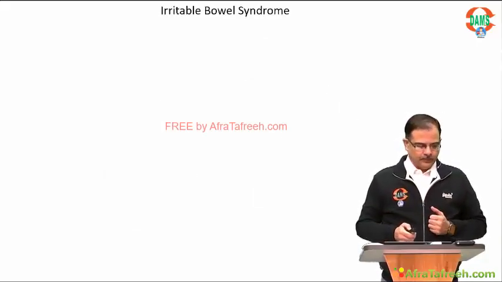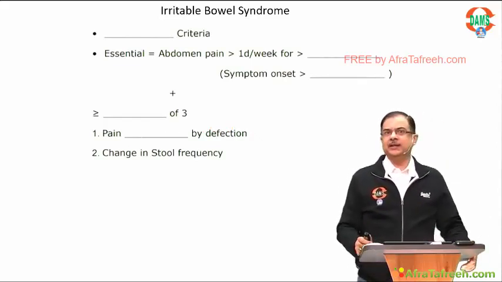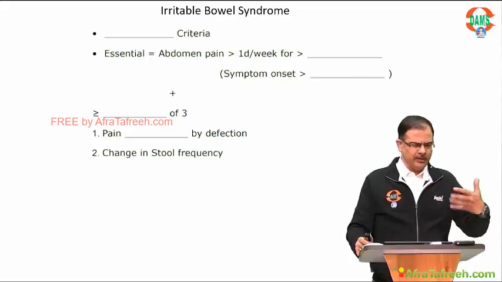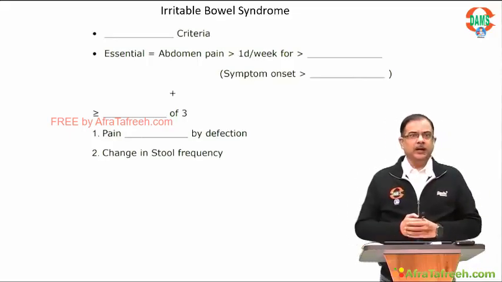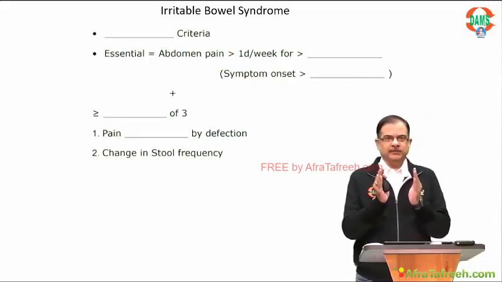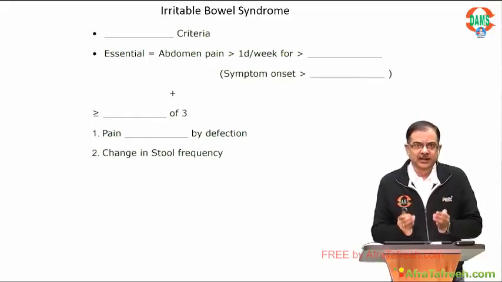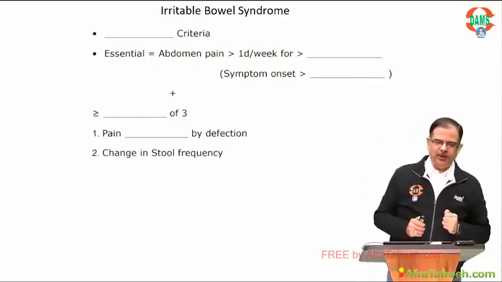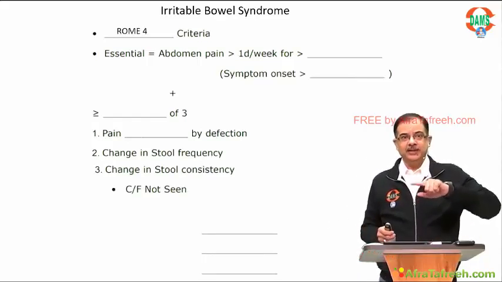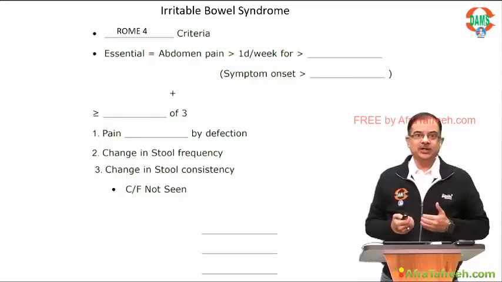All right. Now, the next one, intestinal disease, irritable bowel syndrome. Main cause is stress induced altered bowel habits. Irritable bowel syndrome is defined by criteria, because they will give you a clinical vignette, so you have to choose the points from the clinical vignette to make the diagnosis of IBS. The criteria which is used is the Rome 4 criteria, and Rome 4 criteria is the essential criteria.